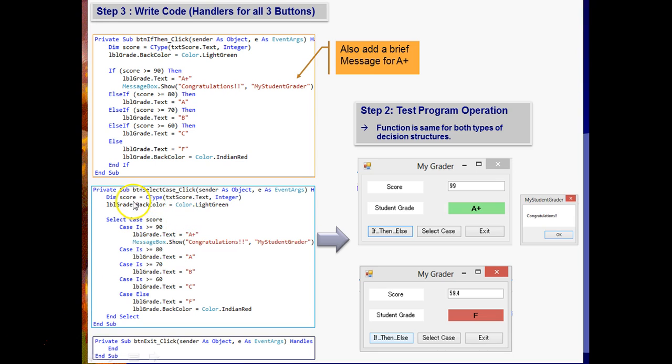So since it's all based on the same variable, all these if-else are based on score greater than this, score greater than this, score greater. So in that case, we said we could also use the select case. Remember, we have to use the form case is here. So actually you don't write score here. I'm not sure if I put in the variable here when I gave the example of age, but you don't actually need age or score here. You just say case is score is greater than this, score is greater than this, score is greater than this, score is greater than this, else. And then here, if